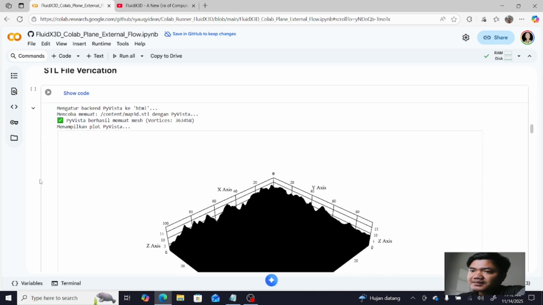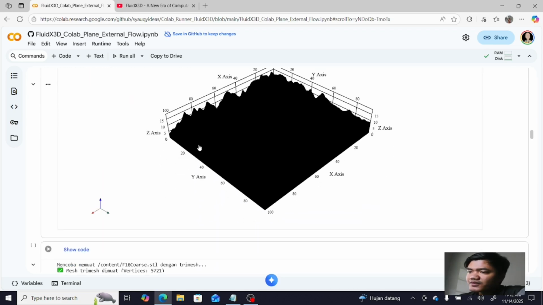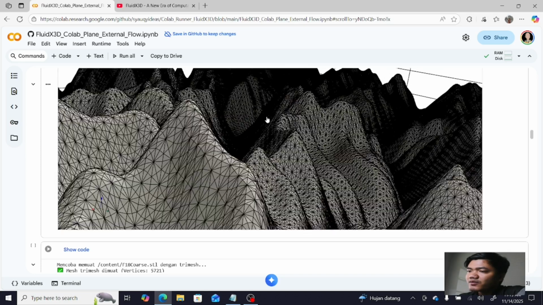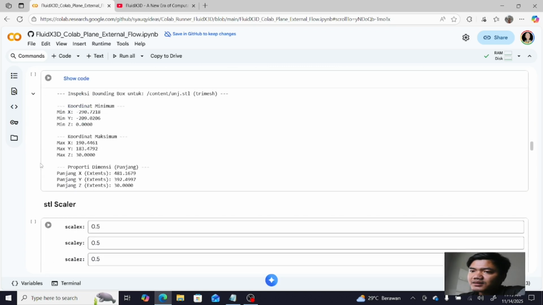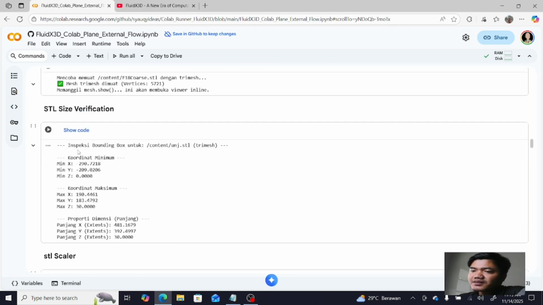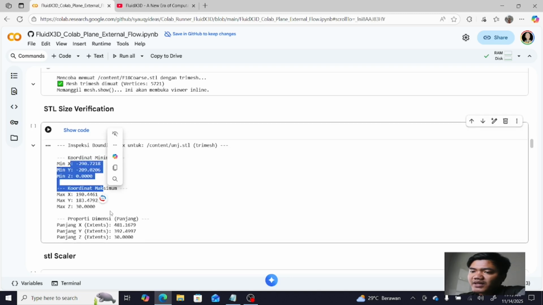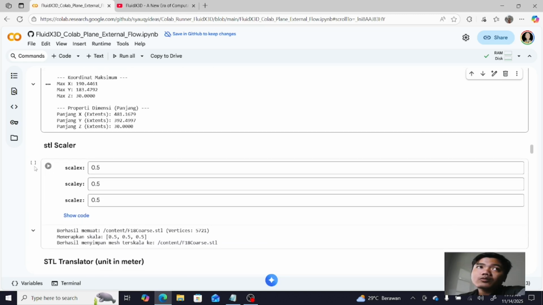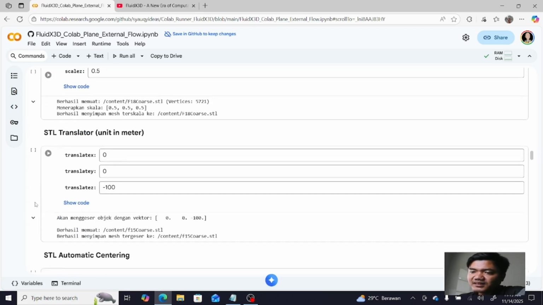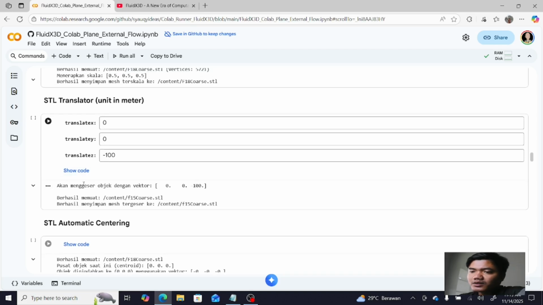And then this is STL file verification, because we can visualize the STL file before we use it in the simulation. And then the verification size, this is the minimum coordinate, maximum coordinate of the STL or something. And then the STL scalar, if we want to scale the STL file before the simulation. And then some translator, because sometimes we want to move some geometry in the STL file.